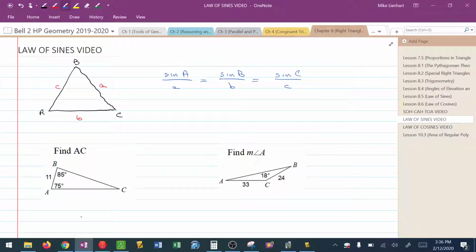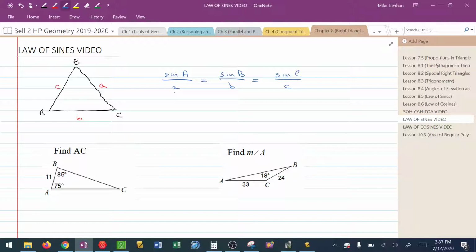The purpose of this video is to help you with the process of solving to find a missing side or a missing angle by using this thing that's called the law of sines. Now remember, the law of sines works when you do not have a right triangle. This is when you want to go to the law of sines. And you can create a proportional relationship between the angles and their corresponding sides to help you to solve to